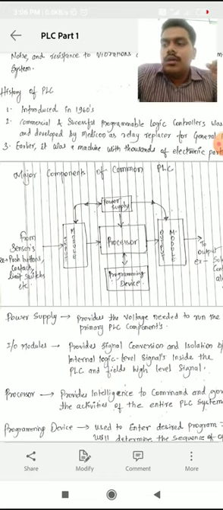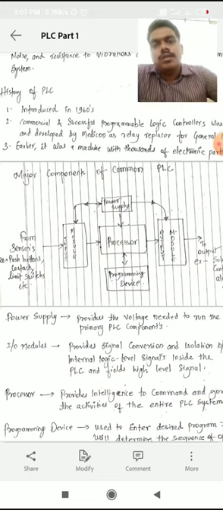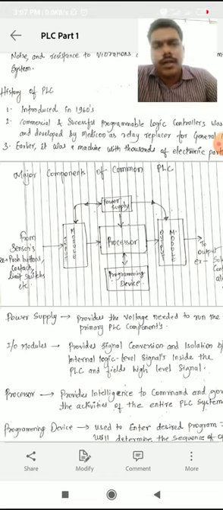If the bucket is almost full and we have to stop it, then that sensor should sense the information and give it to this input module. For that stopping we should write the program in the programming device, and that should be executed by the processor, and the processed output is given to the output module, which automatically stops the tap.